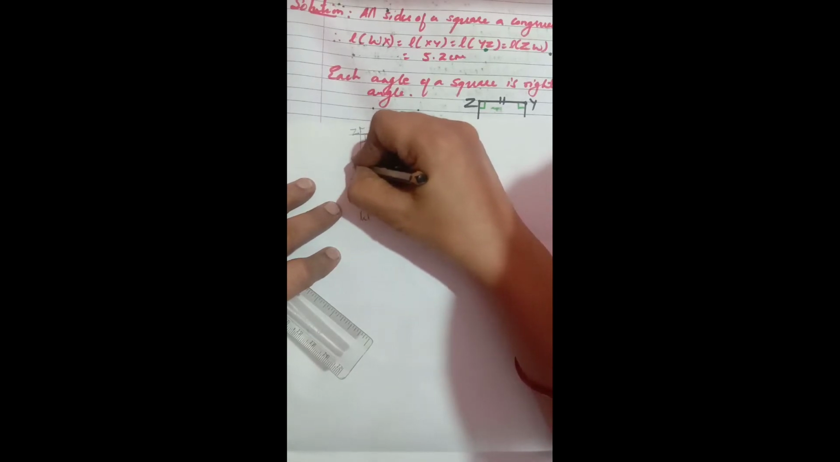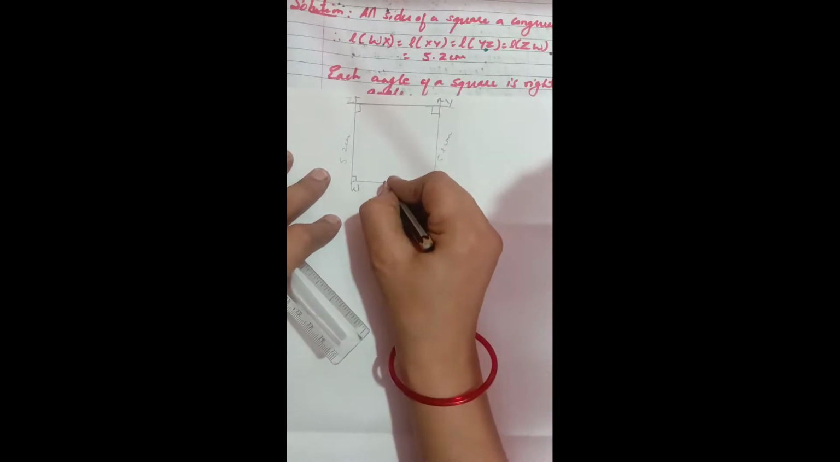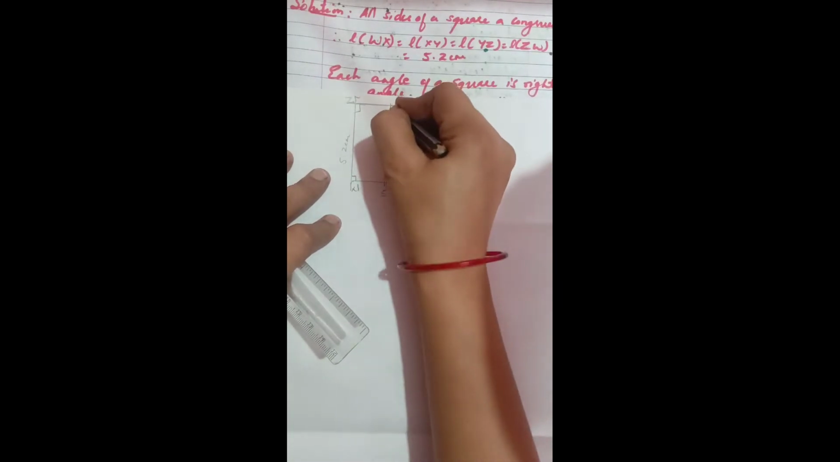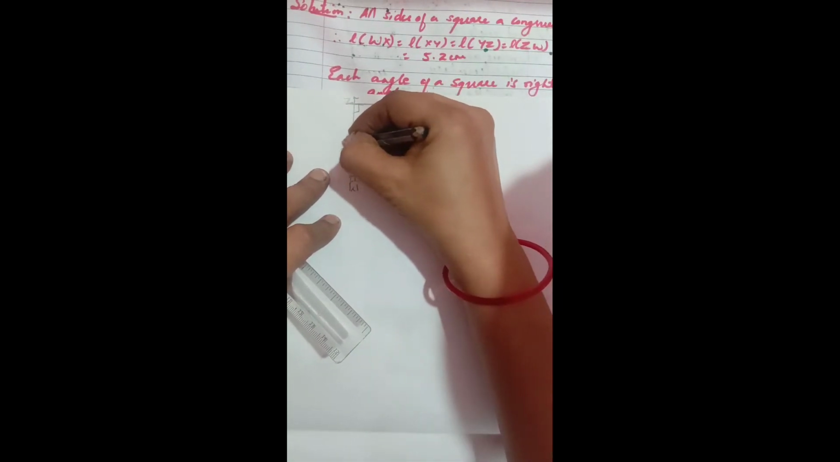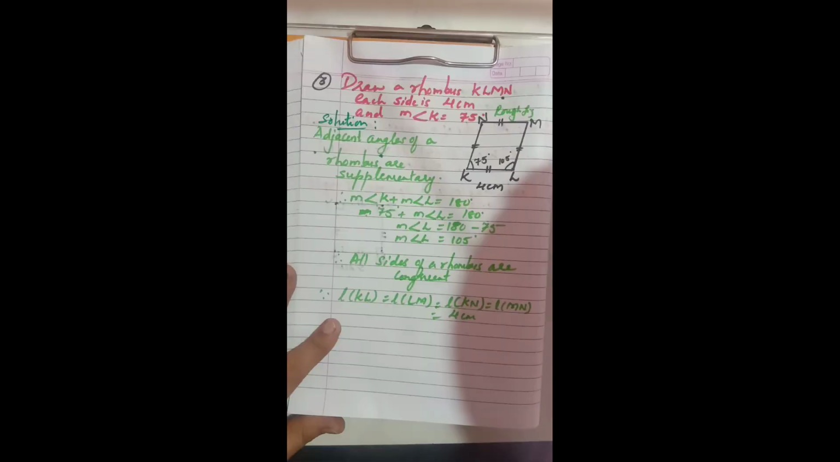This is also angle 90. We will write 5.2 centimeter, 5.2 centimeter. All the sides of a square are equal. Okay children, so we have done, and this is the simplest way of constructing the square. Now moving to question number 3,